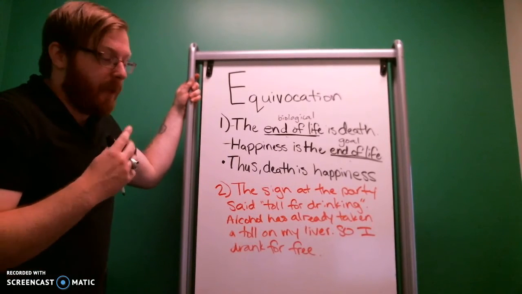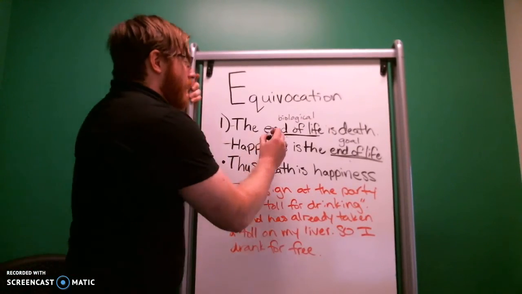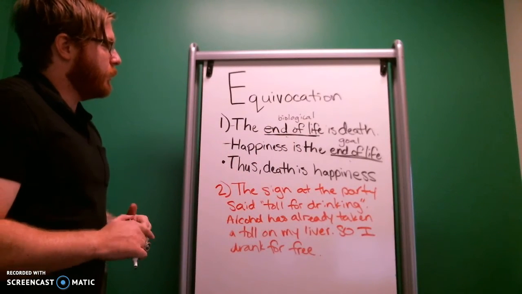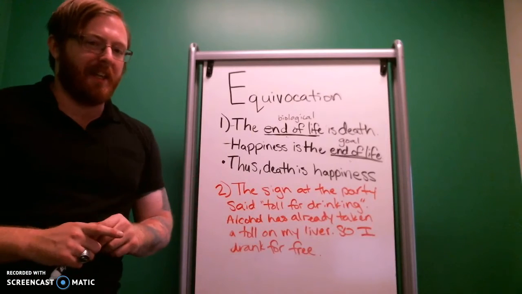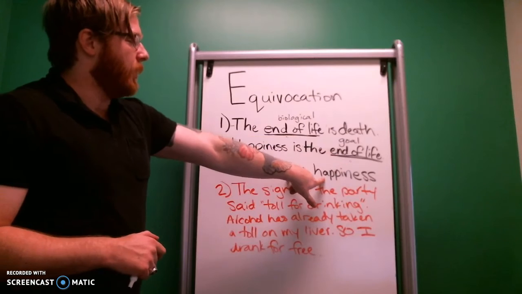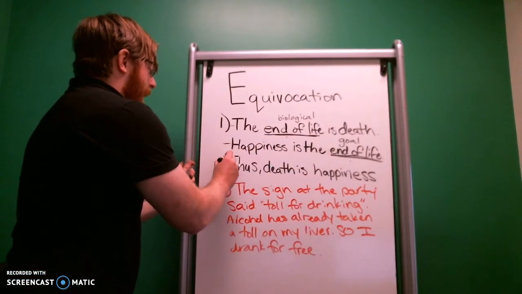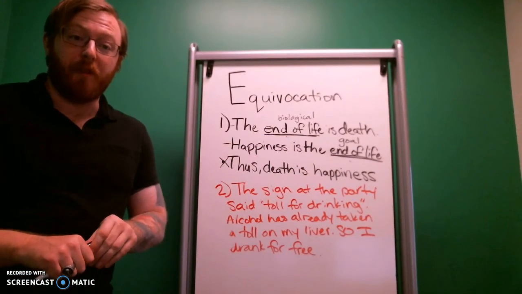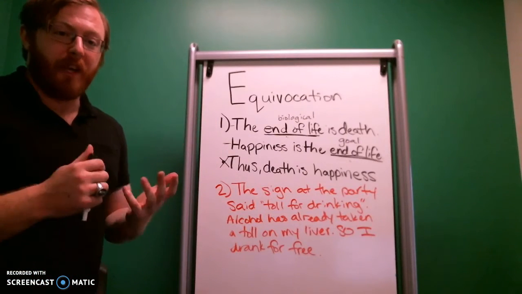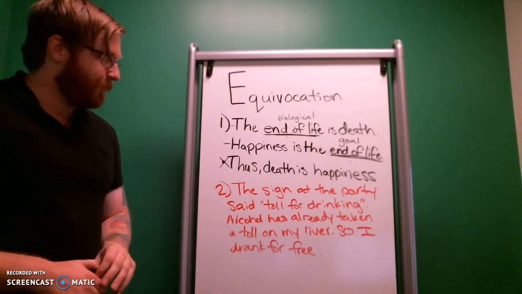So, what is an equivocation? It's where we play on an ambiguity in a word or phrase in order to draw a connection that actually isn't there. Right? So, because they play on this ambiguity, they get to draw this connection, but that's not actually there. So we shouldn't believe them. Right? So if somebody gives you this argument, you can go, fallacy of equivocation. I don't believe your conclusion.